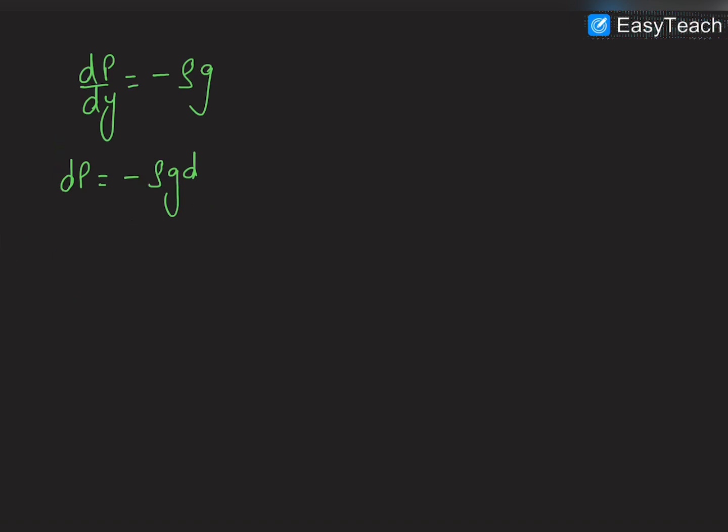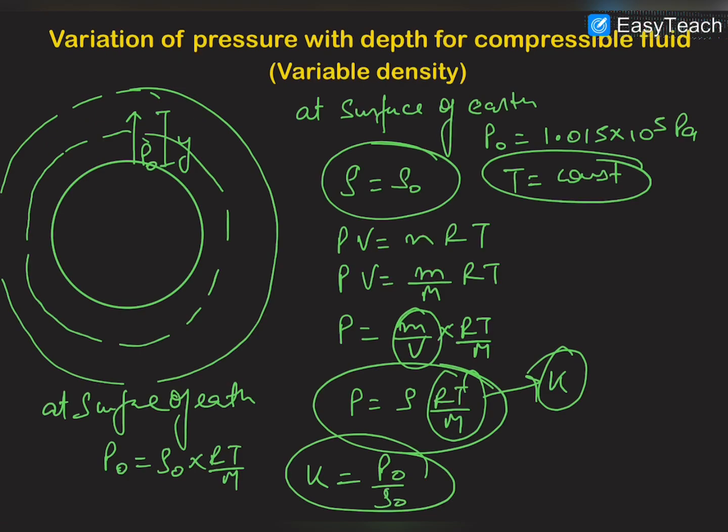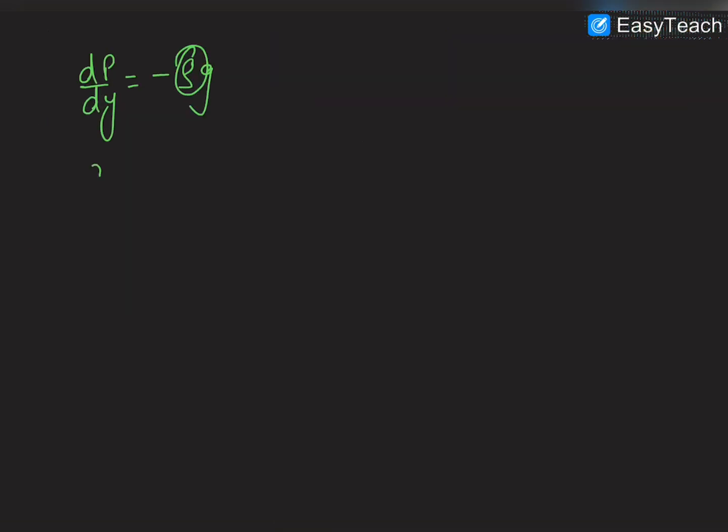in fact, first of all what we'll do, we'll write that this rho is variable. So what we have to do is substitute the value of rho from this equation. We know that P is equal to rho into k, so rho will be equal to P by k. So we have to substitute this value here. So dP by dy will be equal to minus of